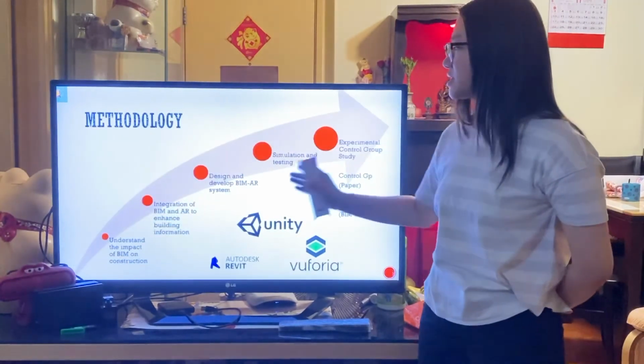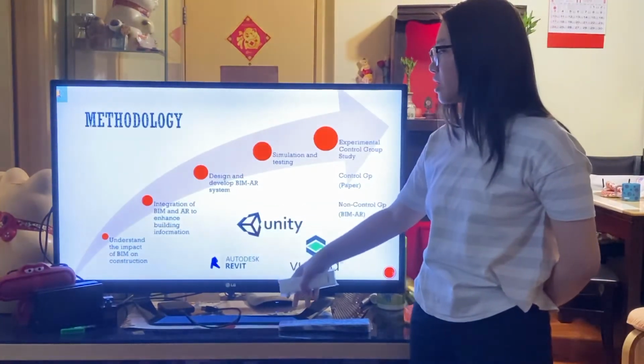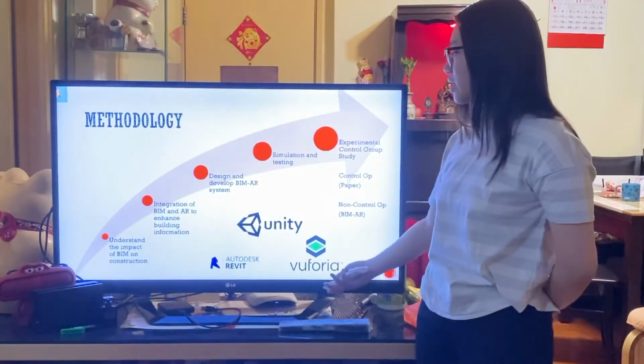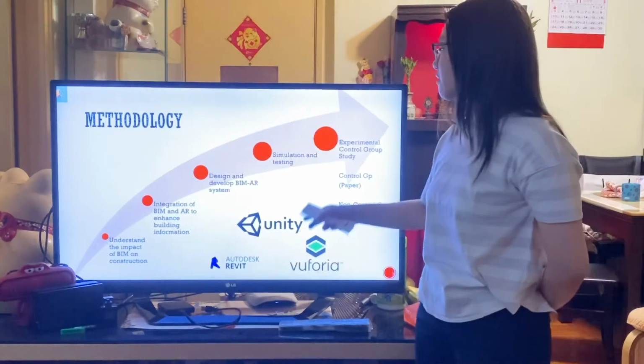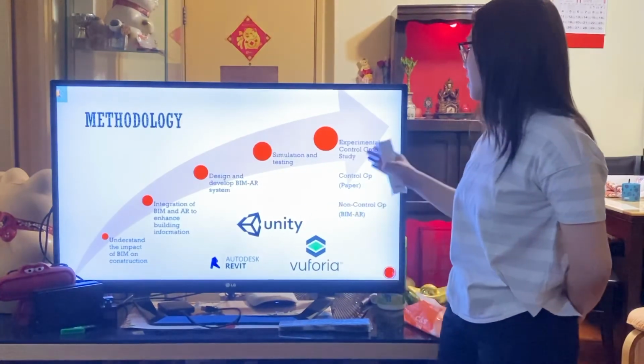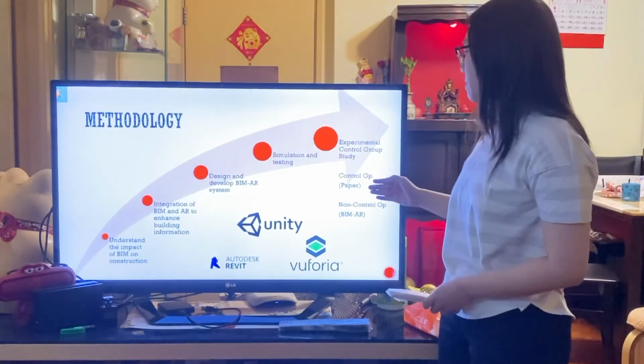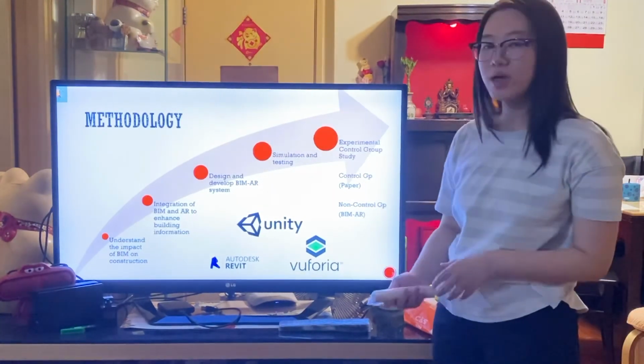So right now I've understood some integration of BIM and AR. After that, I will develop a BIM AR system using Unity, Vuforia, and AutoCAD Revit, and then do some simulation testing. Finally, I will do an experimental control group study, with the control group using paper and the non-control group using the BIM and AR software